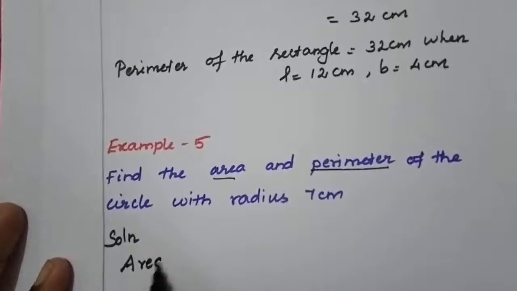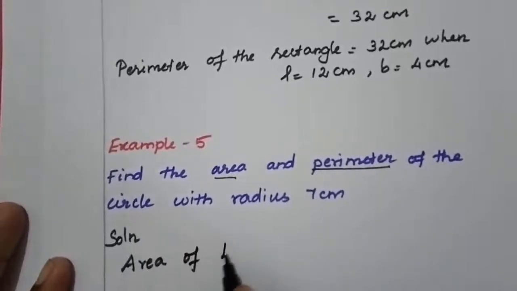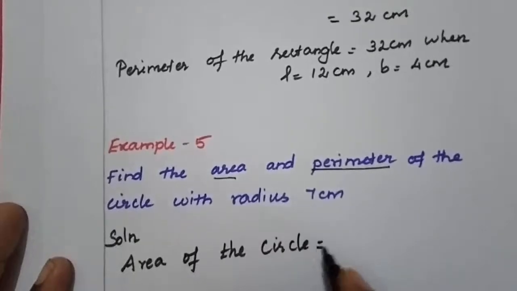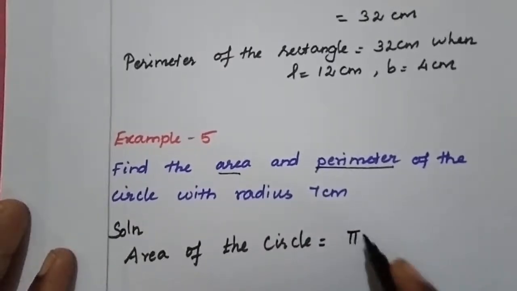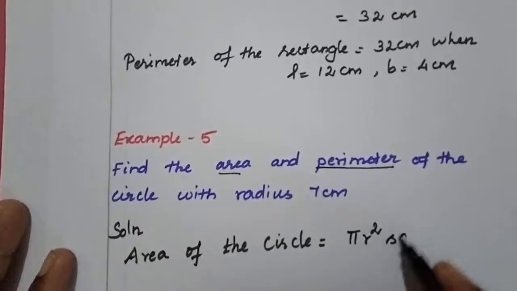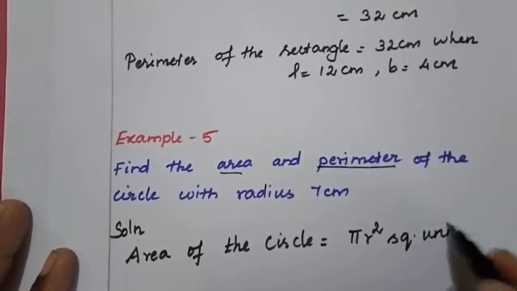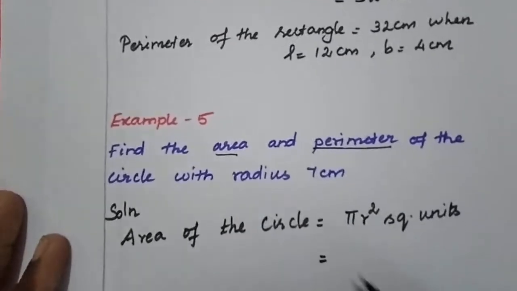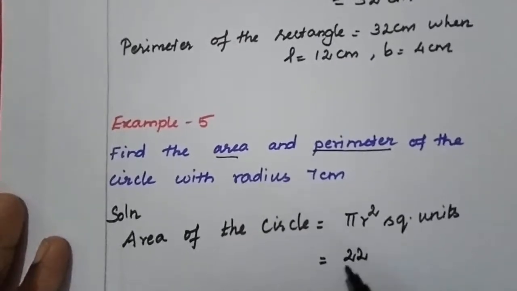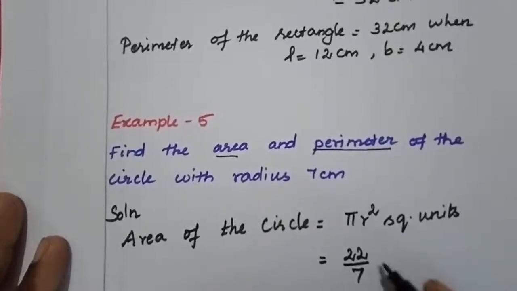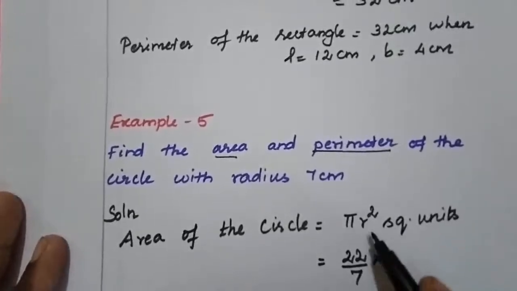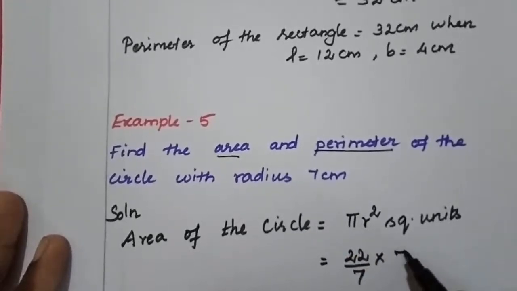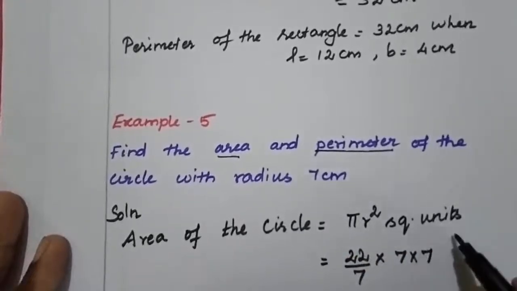First, let us find the area of the circle. Area of the circle is equal to pi r square, square units. What's the value of pi? Yes, value of pi is equal to 22 by 7. Value of r given in the question is 7. So this is r square. So I can write 7 for 2 times. And the unit given in the question is